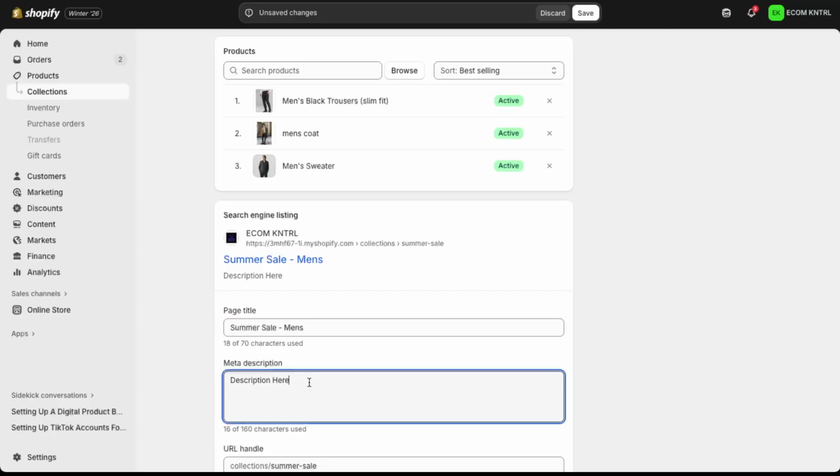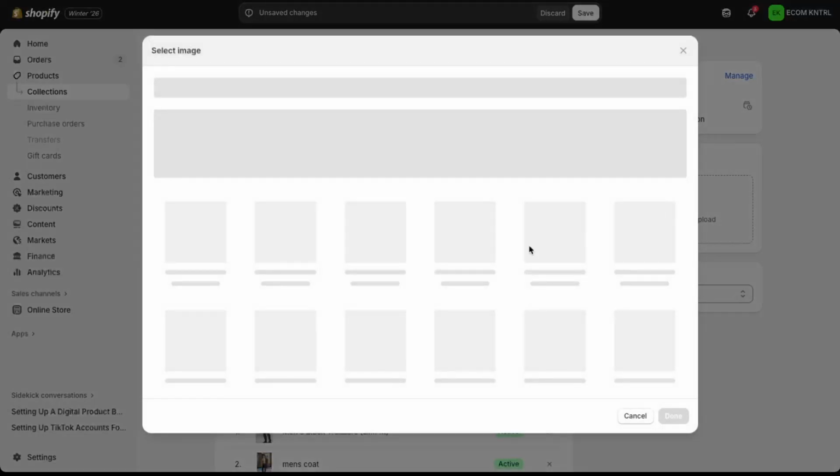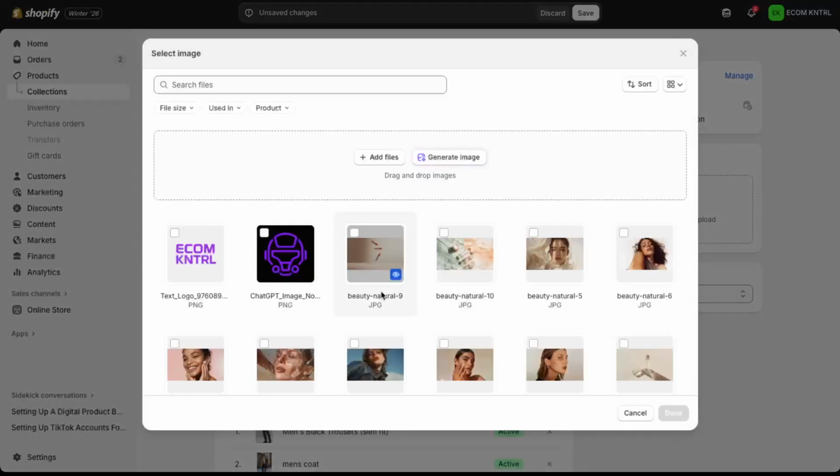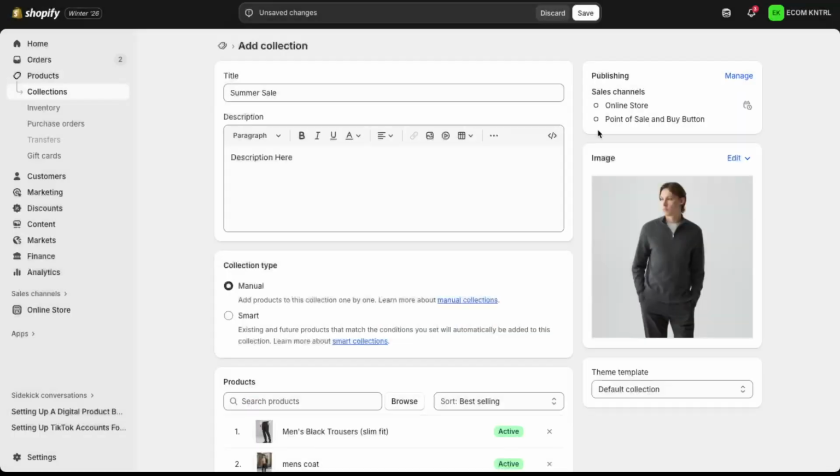Next, go to the image section and click on Add Image. Choose an image that represents the collection, then click on the one you want to use. Once selected, click Done. This image often shows up as the collection thumbnail on your storefront, so pick something clear and on brand. When everything looks good, move to the top or bottom of the page and click Save. Shopify will create your collection with the products, SEO,